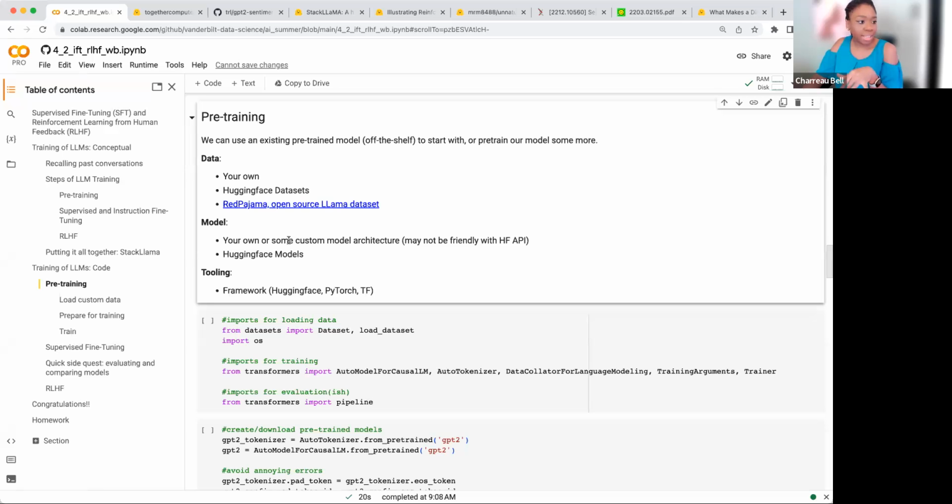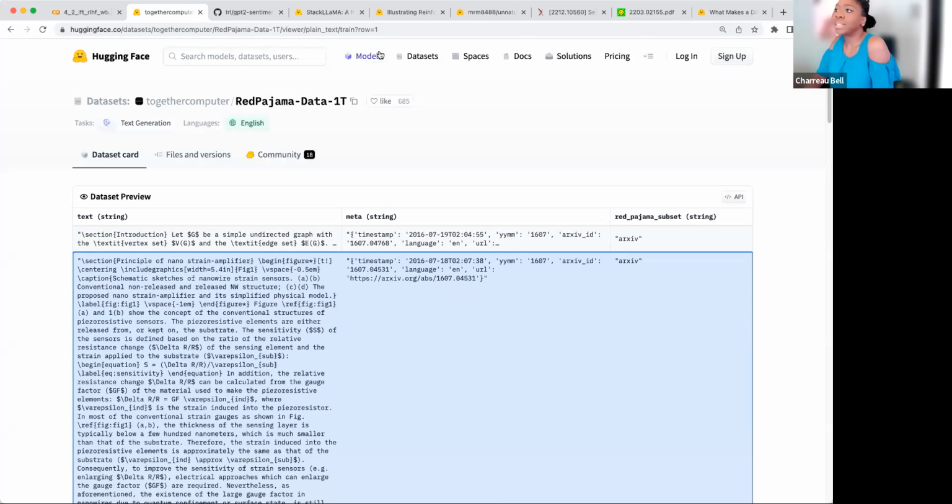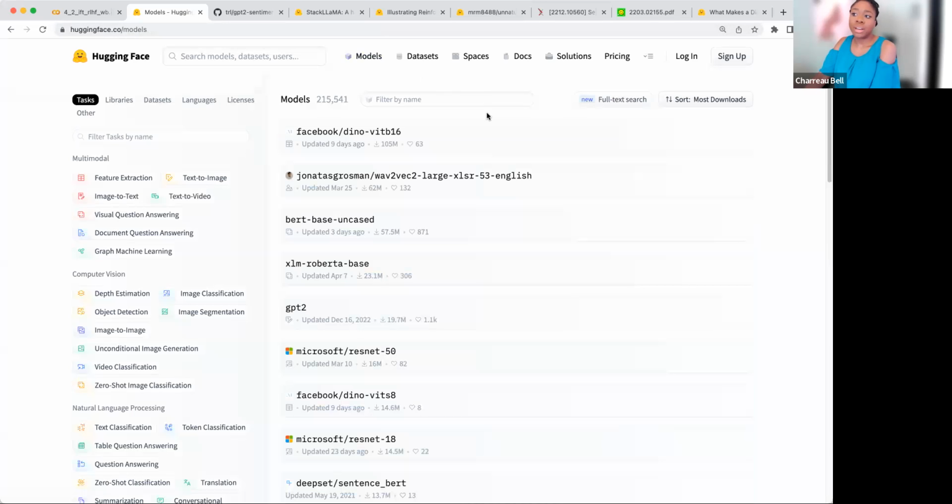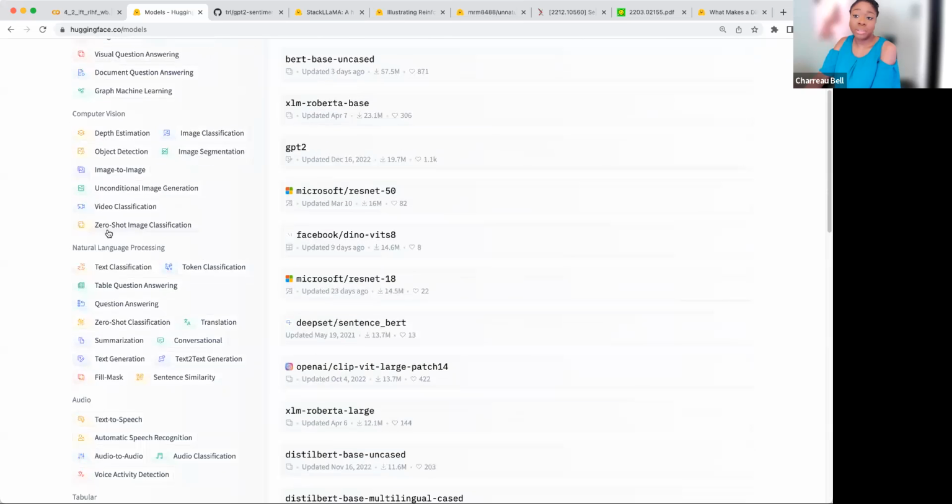So then the second thing that you need is you're going to have to have some model. You have to choose the model. There are lots of models, as we said before. Here, I'm going to come back to this thing that I've opened. This is Hugging Face models. So there again are lots of models that we can pick. If we go down to natural language processing here, we can see that we have text generation.